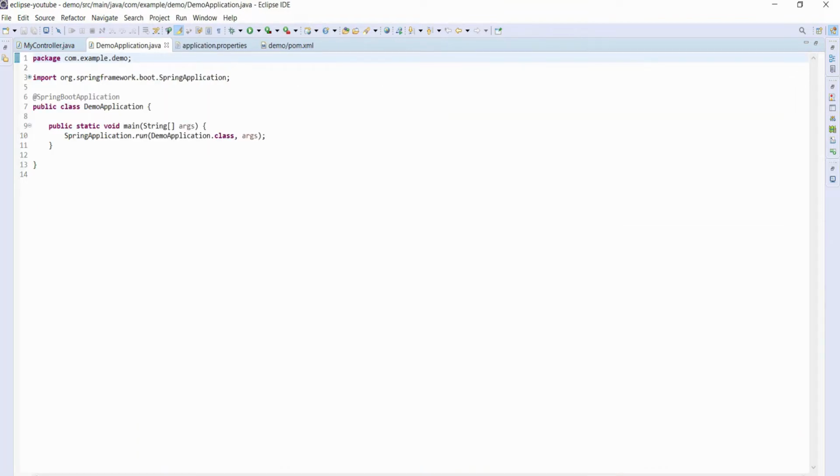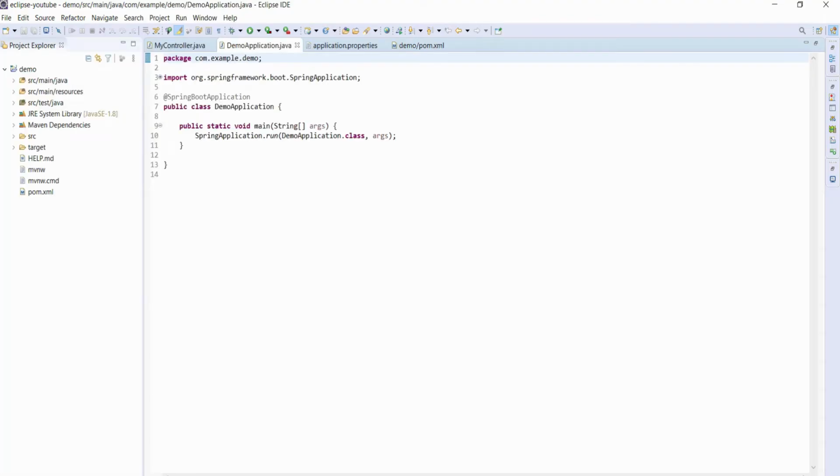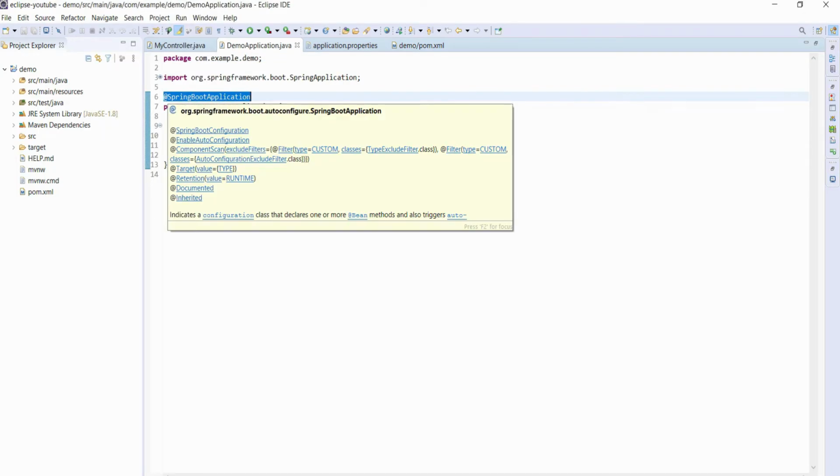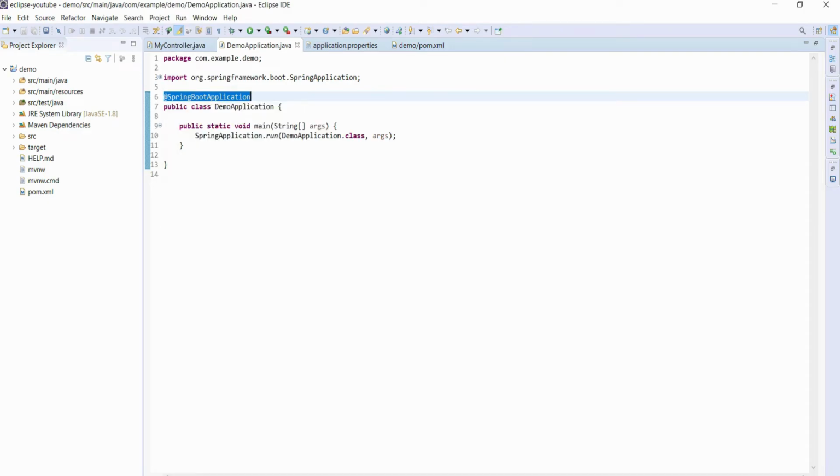So first I'll start with the main method from where the execution starts. Let me explain the first annotation, that is the @SpringBootApplication annotation. If I explain it practically, it is a combination of a few annotations.